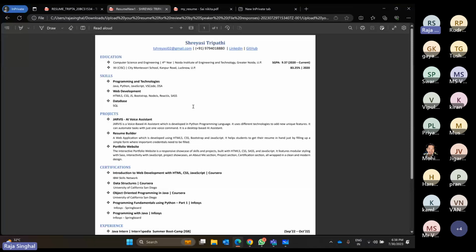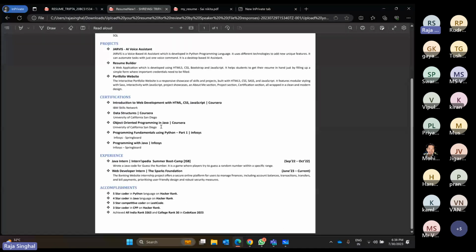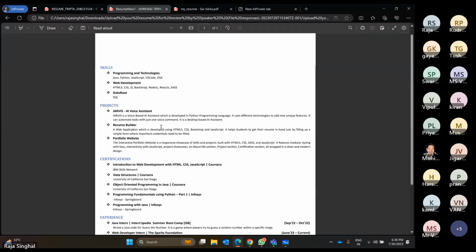So in this template, I can say the template format is okay, but again, it is stretched a little bit. You can give some extra space in your corners because you have limited content in your resume.